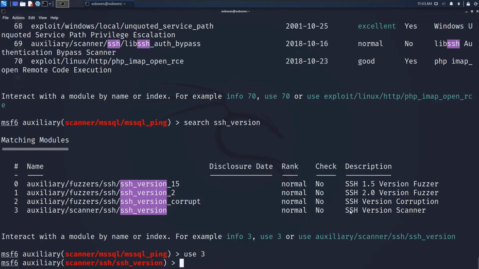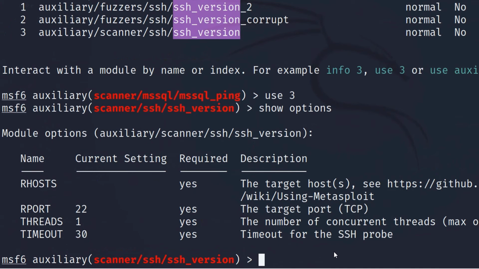So you can see there is a description. It says it just finds the SSH version, and it is an SSH version scanner. So I'll just set the host. So let us see the options first of all. So let us say show options, and we can see the options over here. So same as the above, let us set the host,